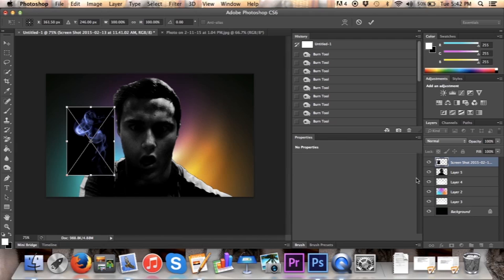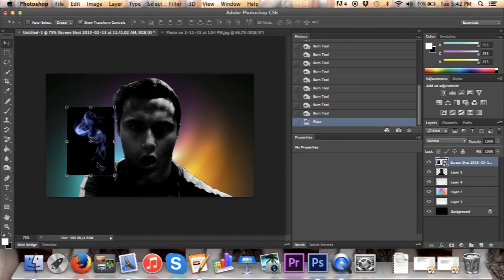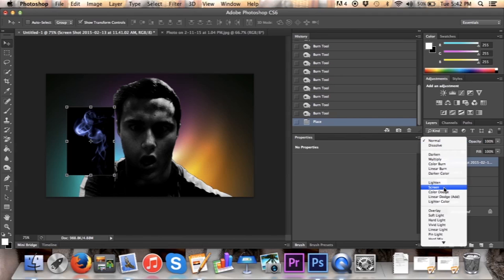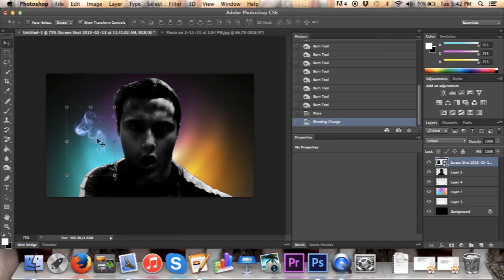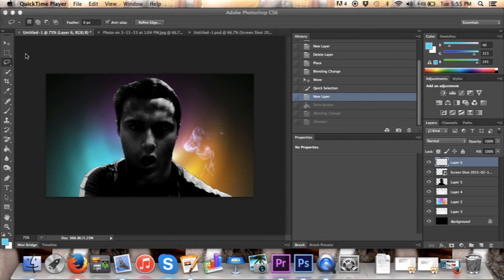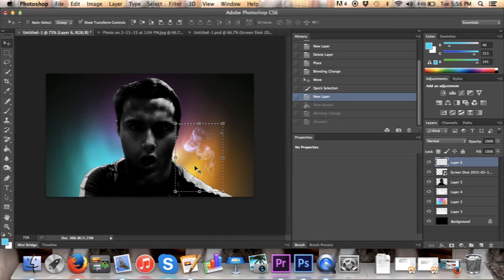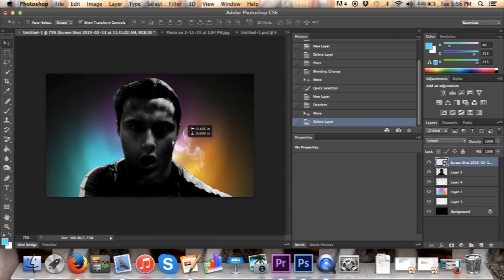And we're going to set the mode after accepting our position to screen, and that's going to take away the black in the background. I think I'm actually going to put this one maybe about here-ish. Okay, now that our smoke is in place, actually I think I'm going to move, oops, don't need that layer yet. Okay, I'm actually going to start with the smoke over here,